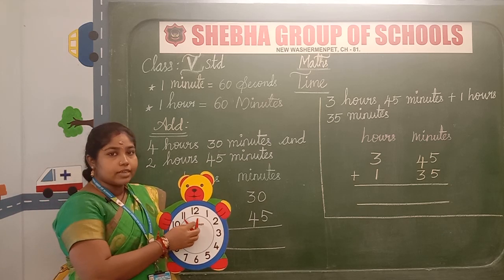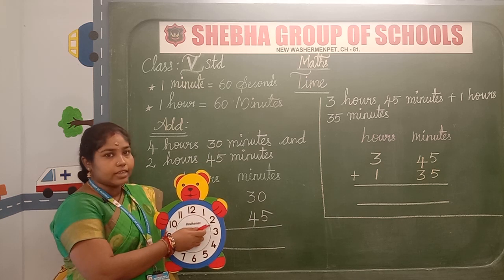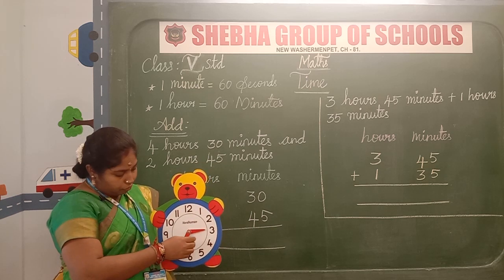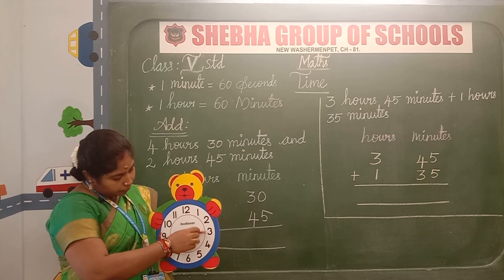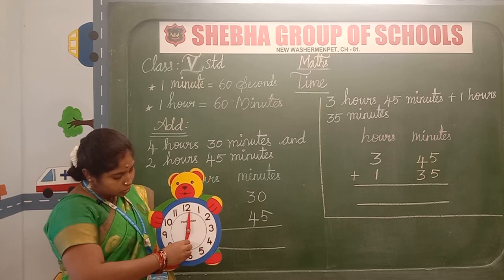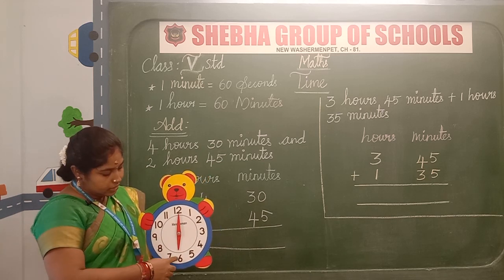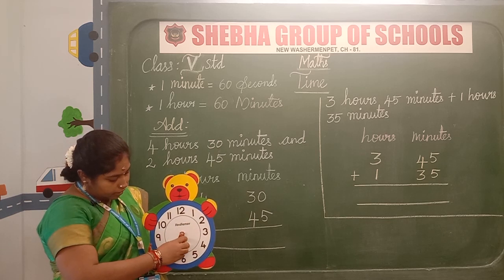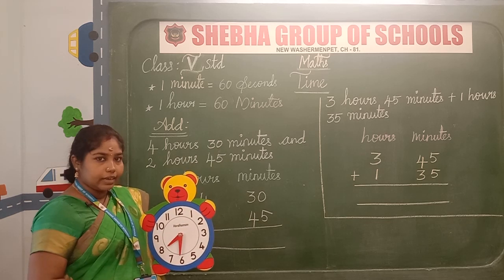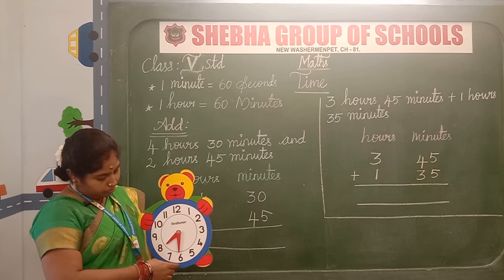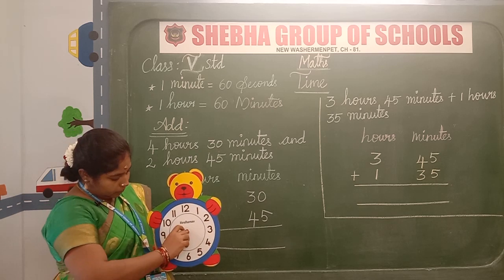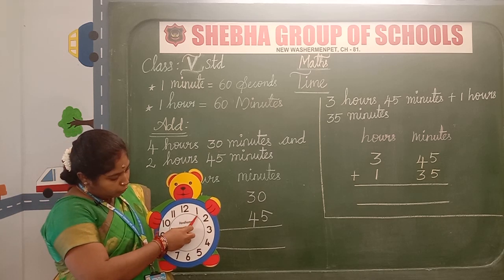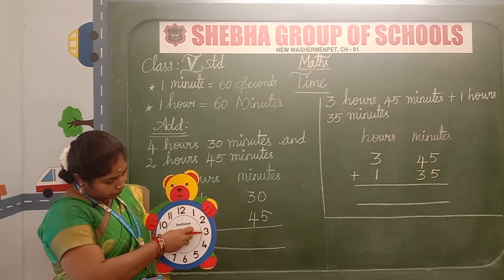This shorter hand is the hour hand and this longer hand is the minute hand. So, first tell me what is the time? Read the time and tell me. Yes, it is 6 o'clock. When will you go to school, children? At 8:30 a.m. Then, how will you say this time?